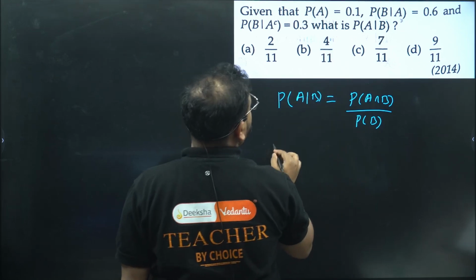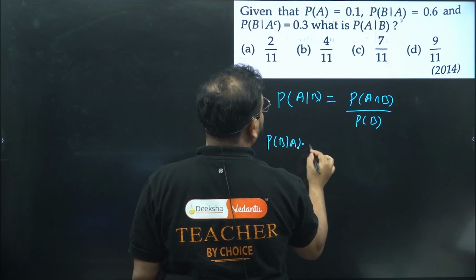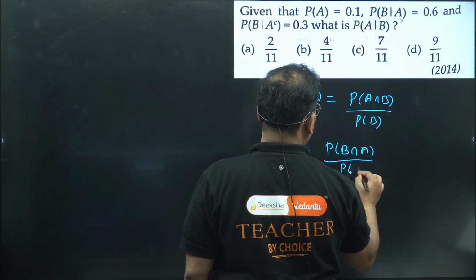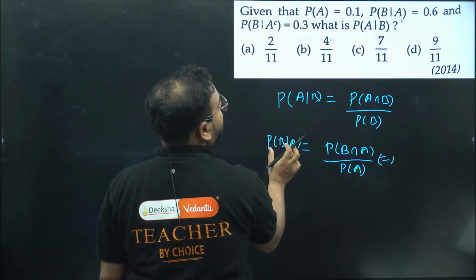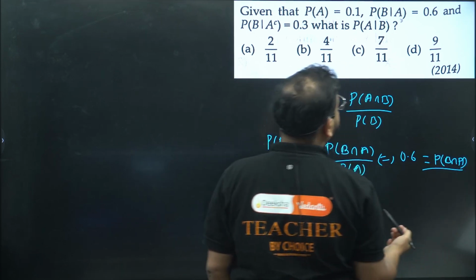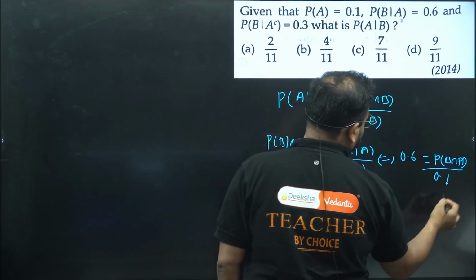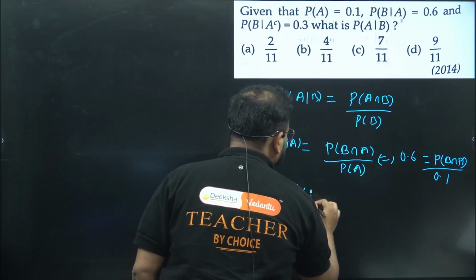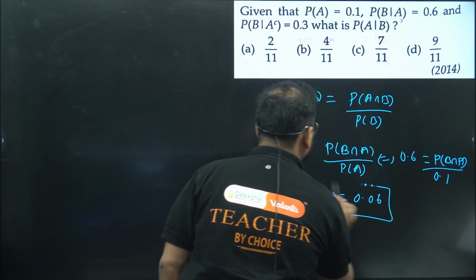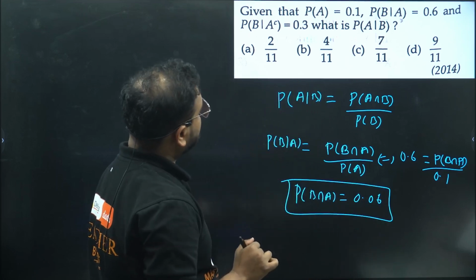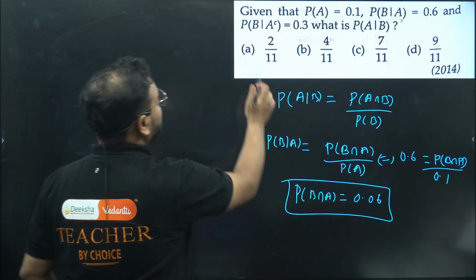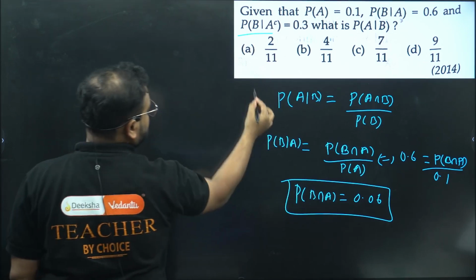Let's find from the first one that we have been given. P(B|A) equals P(B intersection A) upon P(A), which they have already given this value as 0.6. So 0.6 equals the intersection of B and A divided by 0.1. So I have the intersection equals 0.06. Great. Yes, 0.06 is the intersection of B and A. I'm looking for P(B) now. They have also given this, so please check. I'll have the condition one more time.